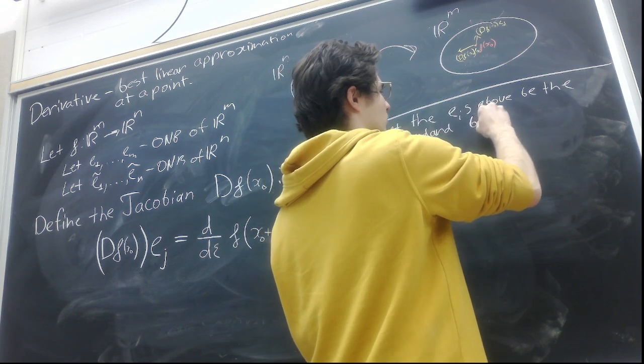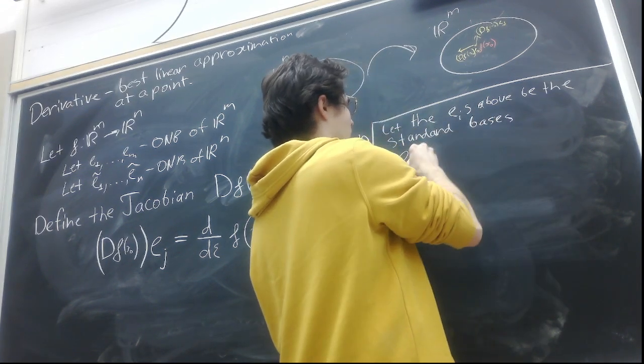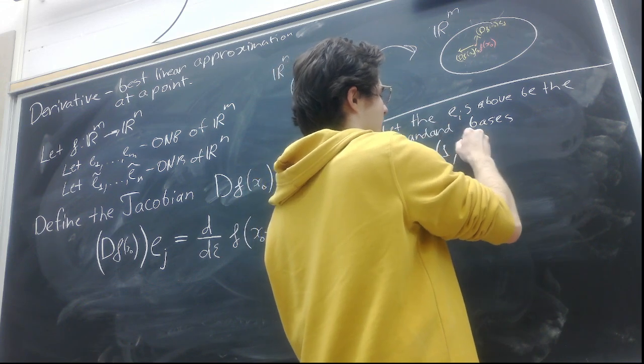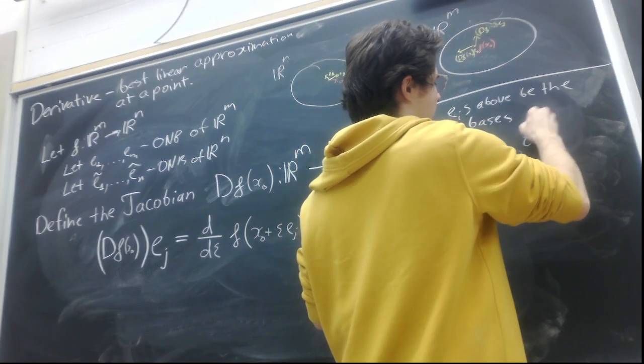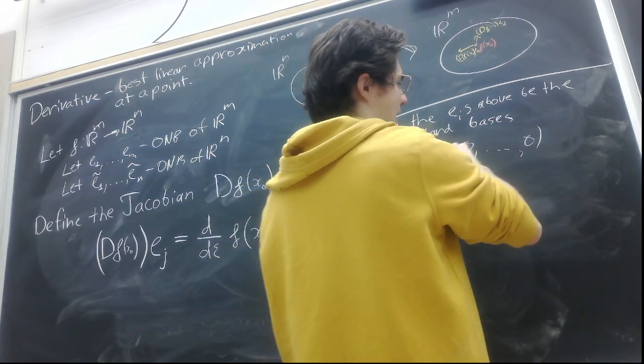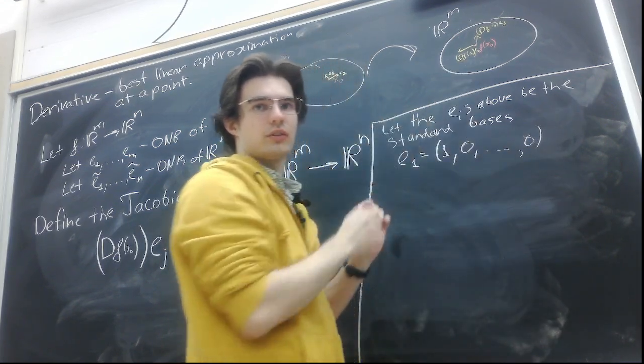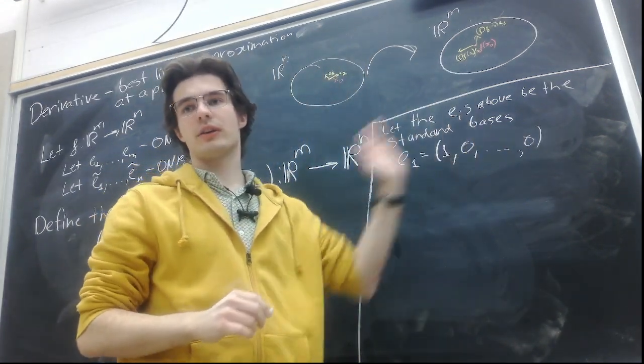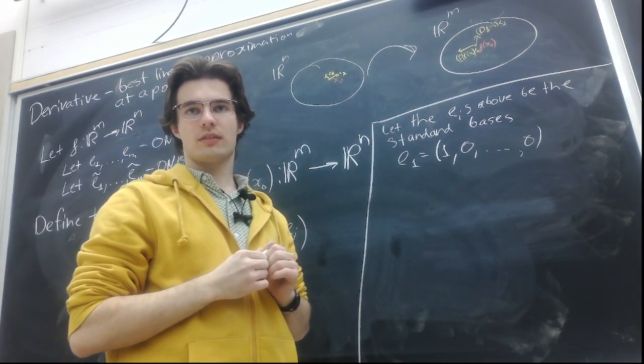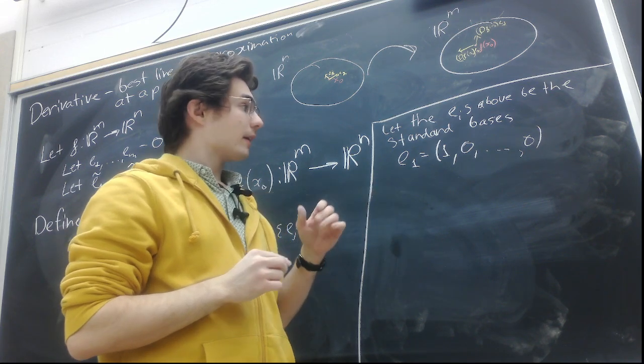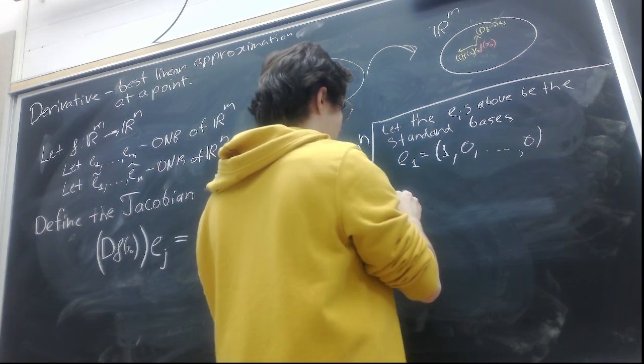Standard bases. So meaning let's say E1 is equal to (1, 0, ..., 0), and this is m coordinates, and so on and so forth. E2 would be (0, 1, ...), all of these things. Okay. Now let's write down the matrix